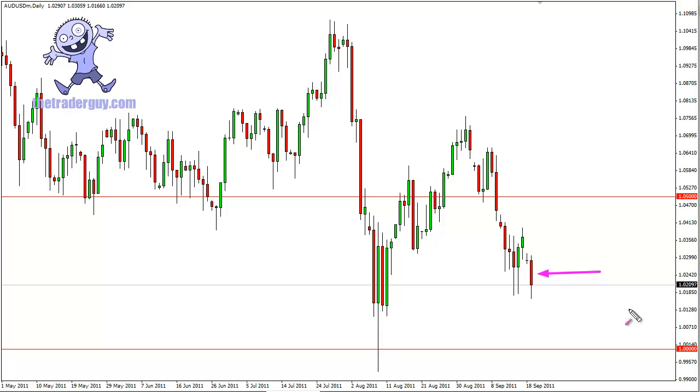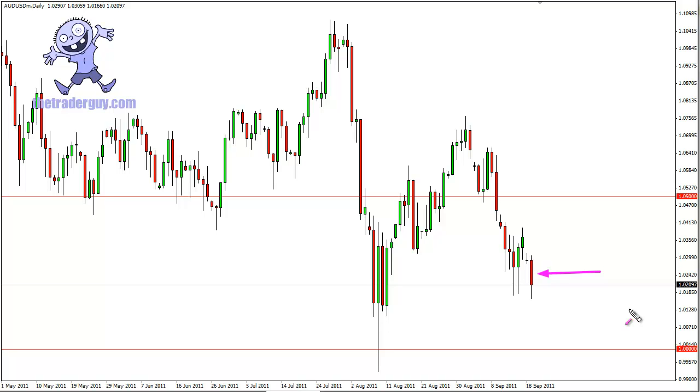The RBA, the Royal Bank of Australia's minutes from their last monetary policy meeting is coming out at 9:30 p.m. New York time Monday night. That would be early morning, I believe, about the same time in the morning in Australia. Could be wrong on the time change. You'll have to look at your local time zone converters on the internet for that one, but it is 9:30